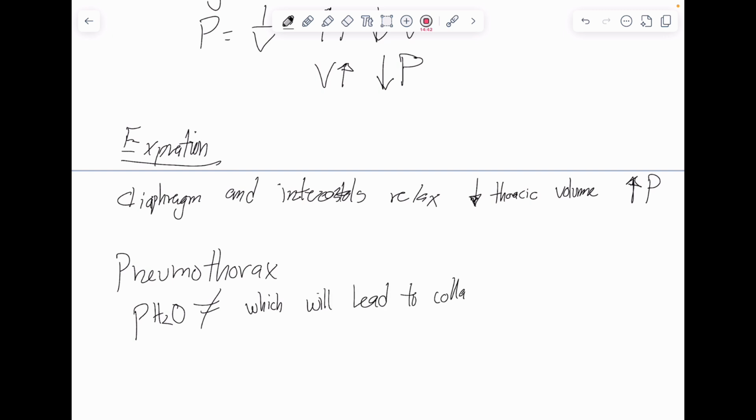There are different flavors of how we can get this. There's a spontaneous pneumothorax, which occurs without trauma. An example would be a ruptured bleb in chronic obstructive pulmonary disease. Traumatic pneumothorax would be some kind of injury, most commonly a stab wound. And then there's also this thing called